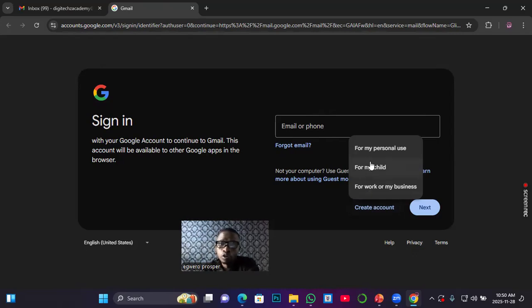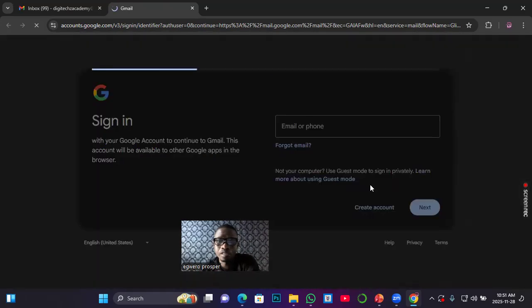You should be writing this down. You have an intention of using it for work or business, right? Or is it for a child or for my personal use? If you go to Facebook Meta, which is Facebook Business, and you use this one, they might not approve that account. So if the company has already created an account, sometimes you just take it, but if you try using it and it's not working, it's better you advise them to set up another one. So let's say for business.